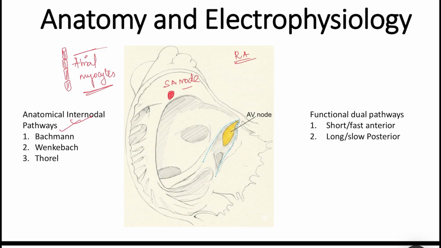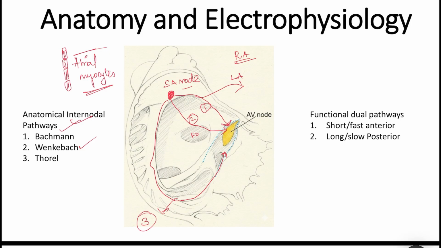Three principal pathways have been defined, which connect the SA node and AV node. The anterior route, which is short and direct, supplying the anterior septum and the AV node, is called the Bachmann pathway, which also supplies the left atrium. The middle route, passing via the limbus of the fossa ovalis and also converging anteriorly, is called the Wenckebach pathway. The third pathway is the posterior route, which is longer, looping via the crista terminalis and the eustachian ridge to the coronary sinus musculature, called the Thorel pathway.